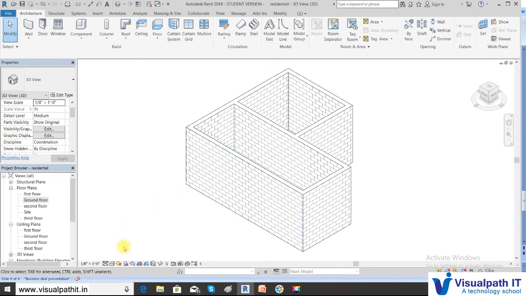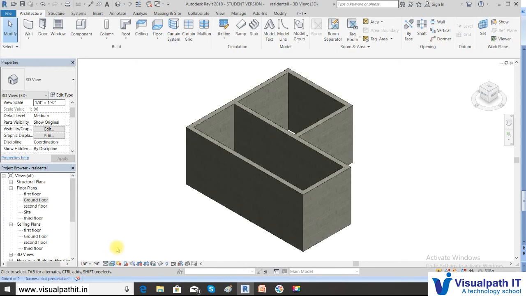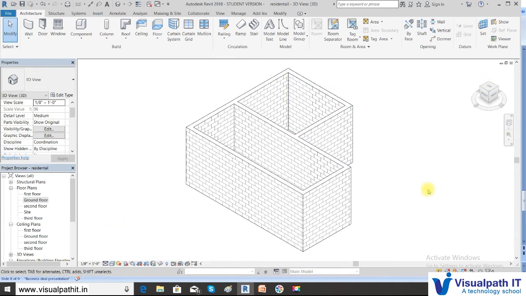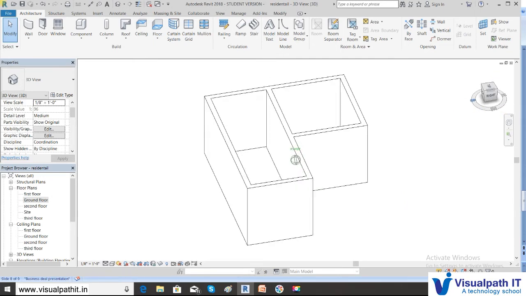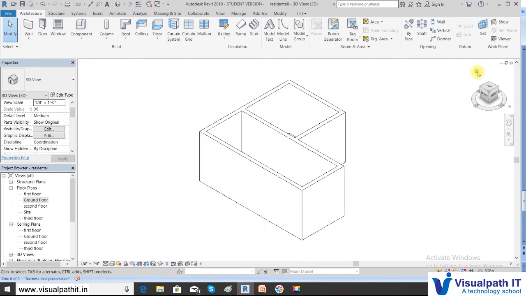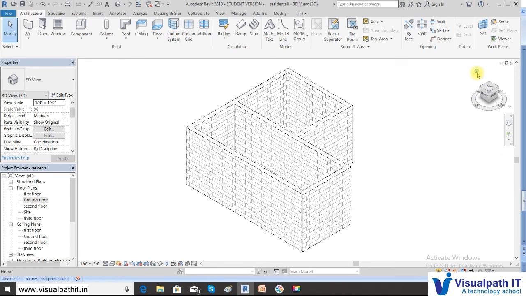It is in the hidden mode. You can change your mode to realistic to see the realistic mode, and the wireframe mode. Okay. So by default it is always in the hidden line, so keep it in the hidden line, and you can rotate your cursor and see how it looks. Okay, back to your home button so that you come to your original position.